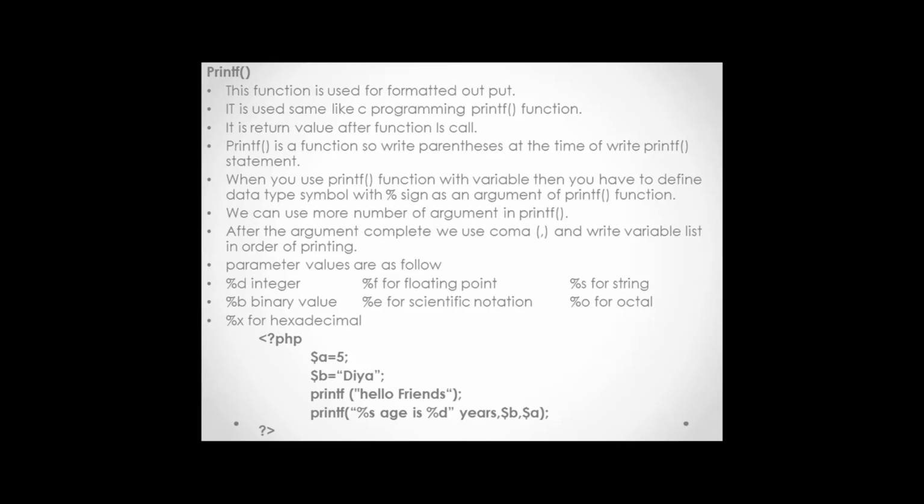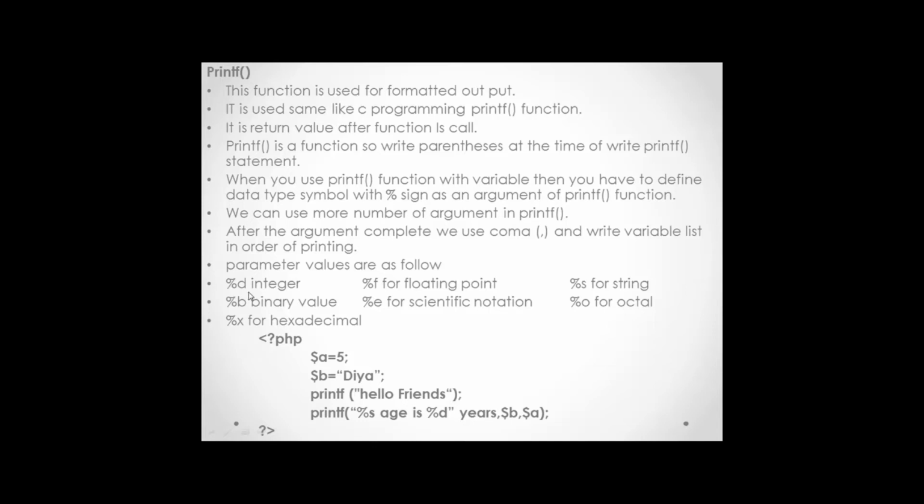In the printf function, whenever you define parameter values, we use the following signs. For integer, %d. For floating point value, %f. For string value, %s. For binary value, %b.